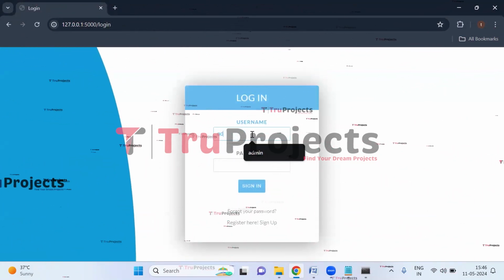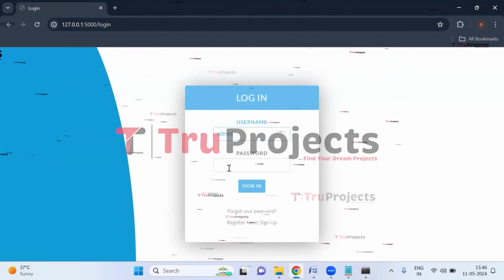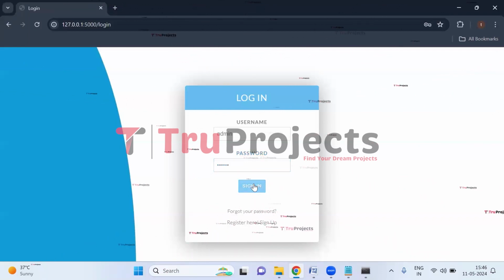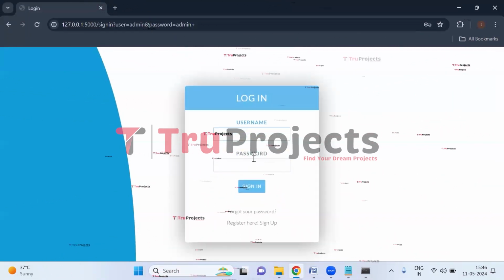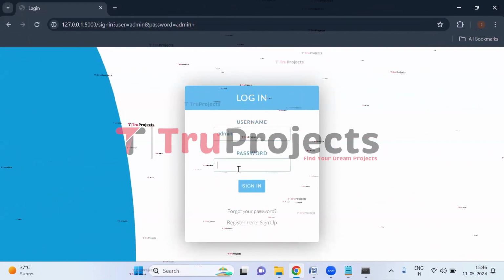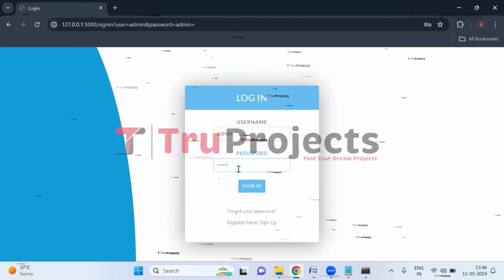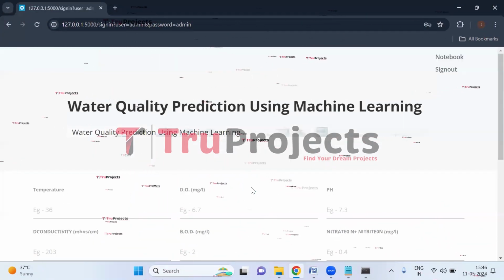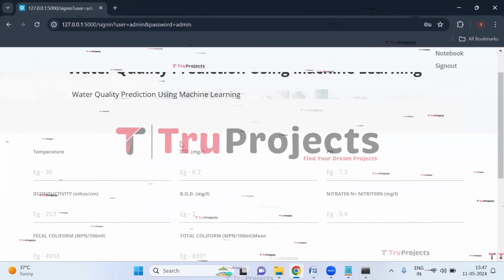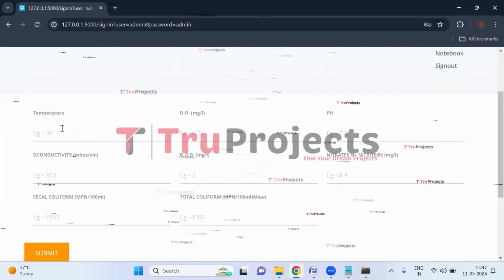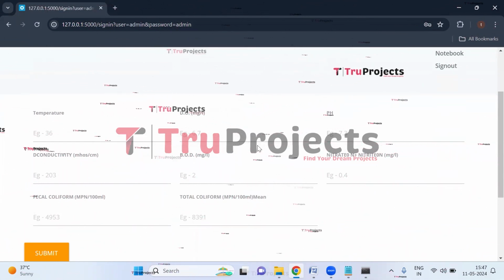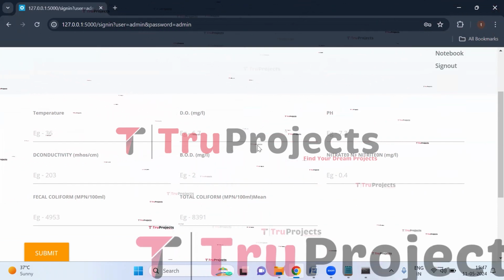So here we need to enter the username and the password, which are static, and then click on sign in. We need to enter the correct username and the password, and then click on sign in. We have logged in successfully and we are redirected to the prediction page. So here we need to enter these parameters value, and after entering the parameters, the application will predict the quality